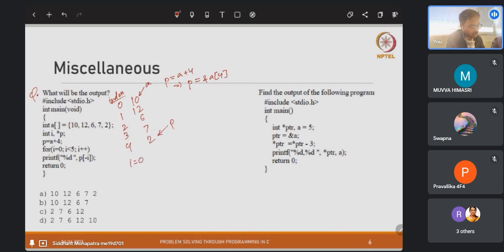When i is equal to 0, we are printing p of minus 0. What this p of 0 means is star of p minus 0, so that means star of p. Star of p is 2. Now when i is equal to 1, we are saying p of minus 1, which is the same as saying star